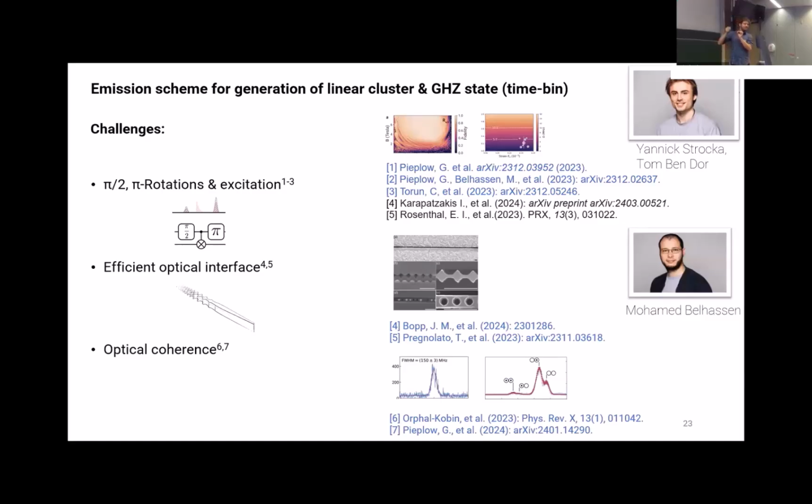And if they are charged, you can get inhomogeneous broadening due to this electrical noise, which will broaden your emission line, which will then reduce the indistinguishability, which will become an issue in the fidelity of all your